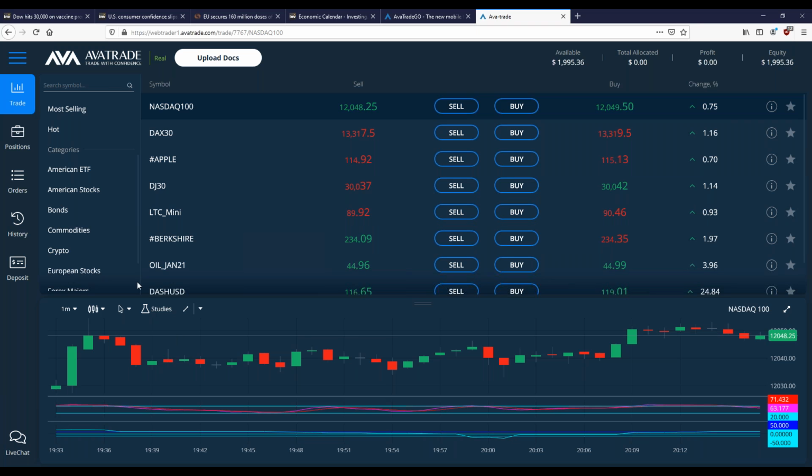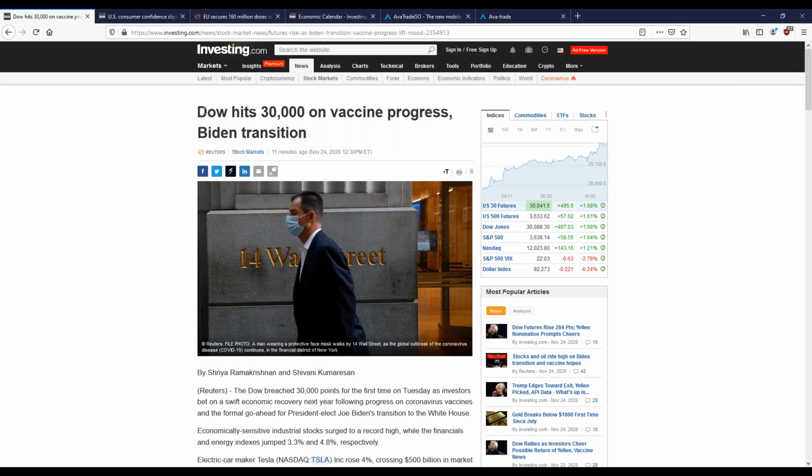Okay. All right, so let's take a look then at what's happening in the fundamental news. The Dow broke 30,000 for the first time ever. Okay, another market all-time high for Trump, I guess, to notch on his belt before he leaves office. Some of that momentum maybe wasn't because of Trump. There's now the vaccine, I think, had a lot to do with Trump's policies, getting it done so quick and streamlining the regulations and process to get those developed faster. Obviously, the doctors and everyone else involved had a lot to do with that. But the Biden transition also is kind of mentioned here as to why the Dow broke 30,000.